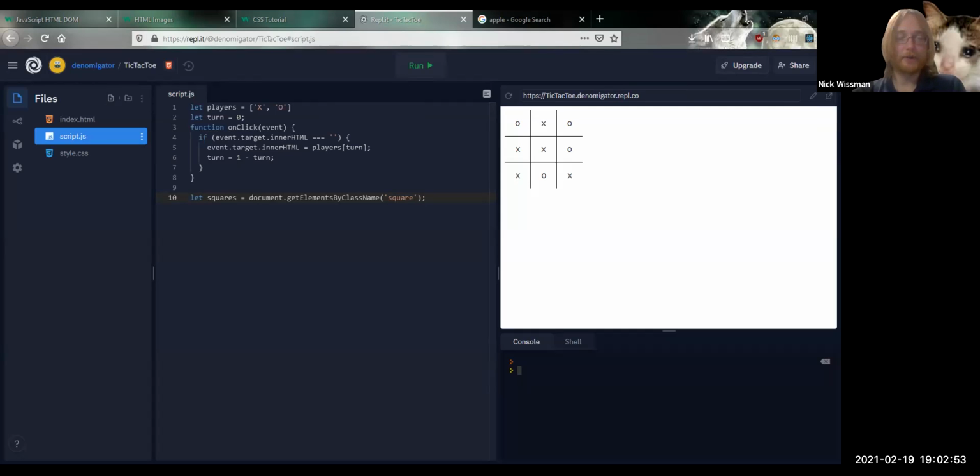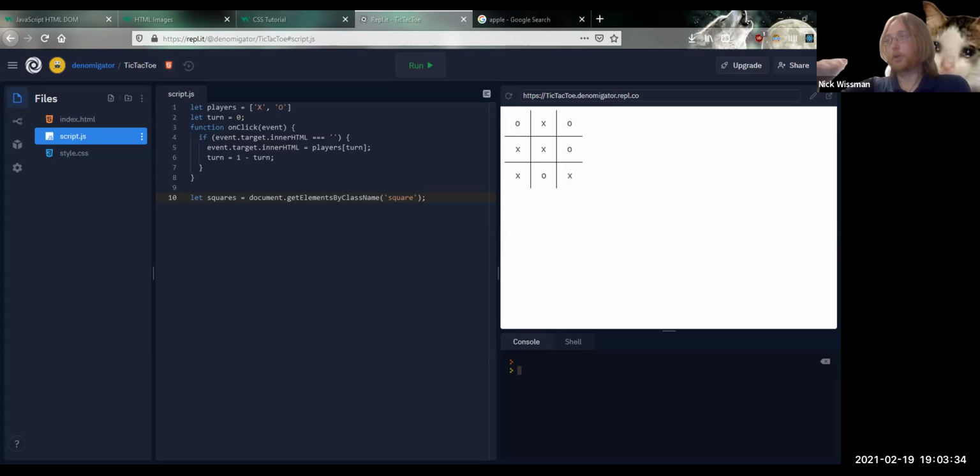Tic Tac Toe in general, I don't know if anyone's ever done it as a student, for their project with their students. I've never really found a way to check winners that I really love as far as elegance goes. But for now, what I'm going to do is give you guys this array of valid combinations. So actually, I'll just copy and paste the whole line. These are all the valid combinations. Since there's only 8 of them, to me, it's easier to just write them all out and iterate through that array